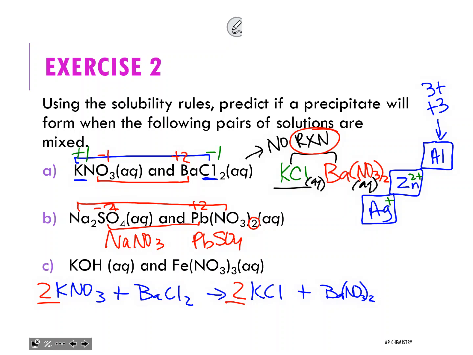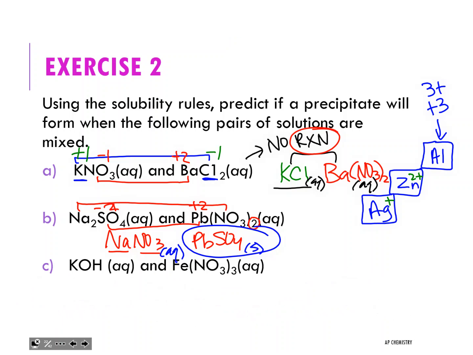Now, looking at these, you got the double whammy, the alkali metal and the nitrate. So this is definitely what? Aqueous, very good. Lead sulfate though? Solid. So this one's going to be the one that precipitates. Okay? Now I'm going to erase this here so that we have room for our potassium hydroxide with our iron